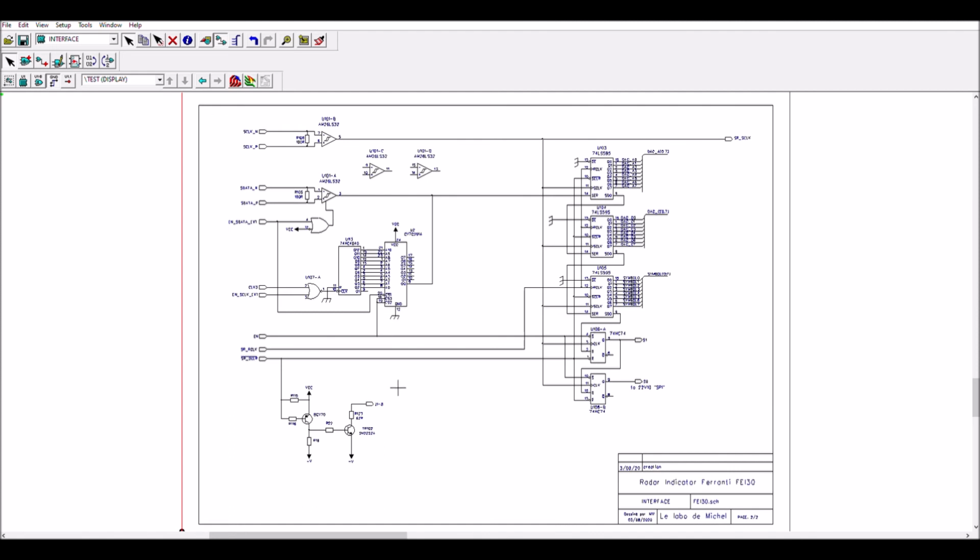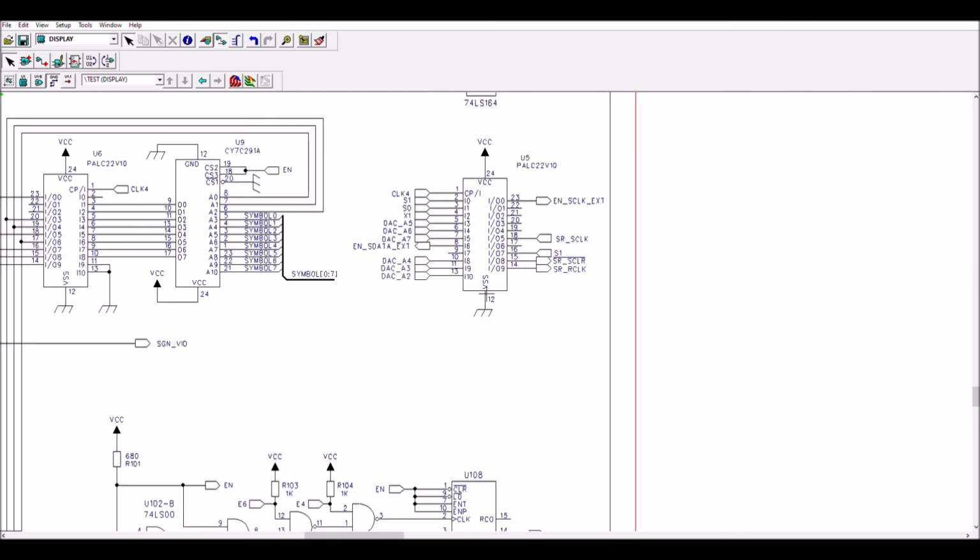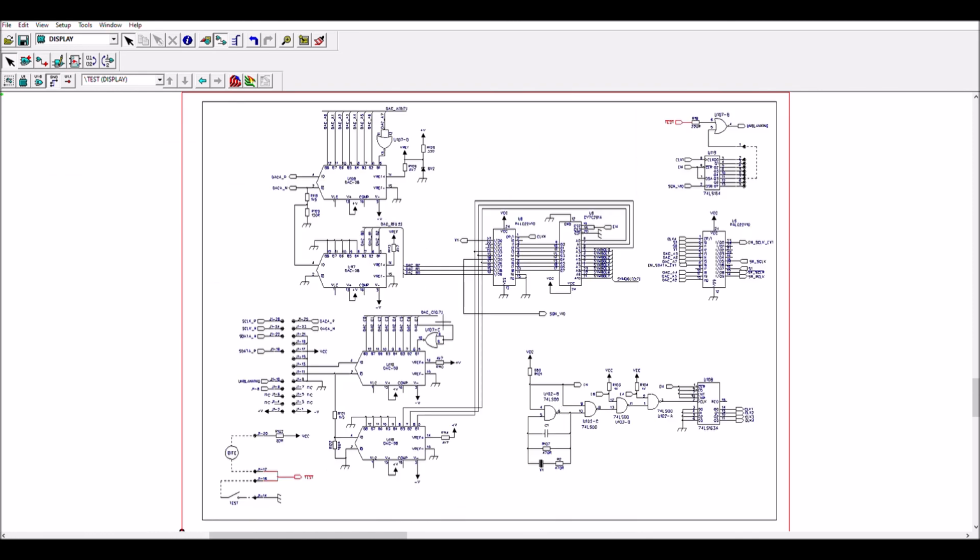I have to search for this, so I still have 1 or 2% to do, because I have to find if all lines are left open or if some are connected. This I think is complete. But in the first page, in the display page, I am not sure. I need to be sure that nothing is connected, for example with these lines here. But normally with these schematics it is possible to do something.